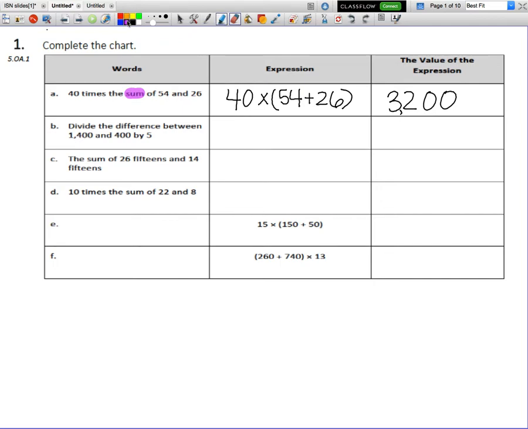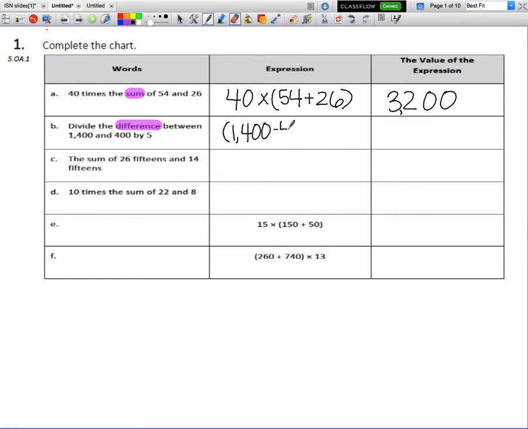Looking at B, divide the difference between 1,400 and 400 by 5. Difference is my solution word here, so I've highlighted it. I know that the difference means I need to subtract. So I am going to go ahead and put in parentheses